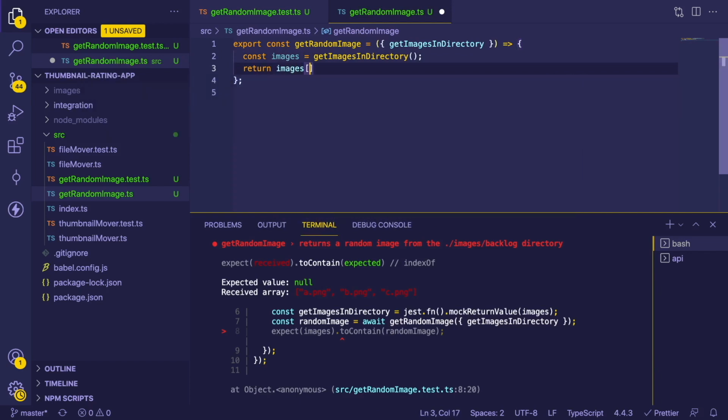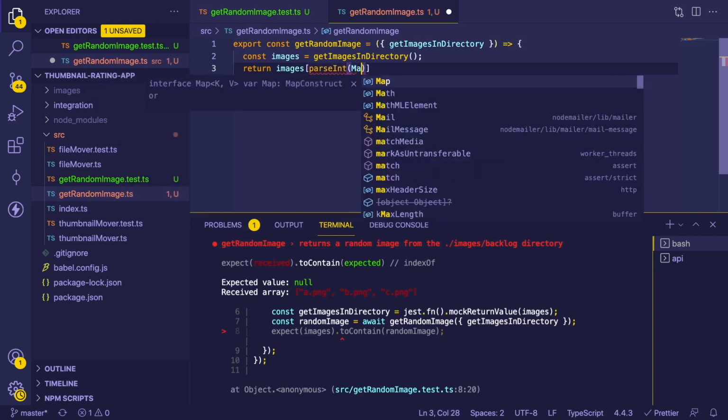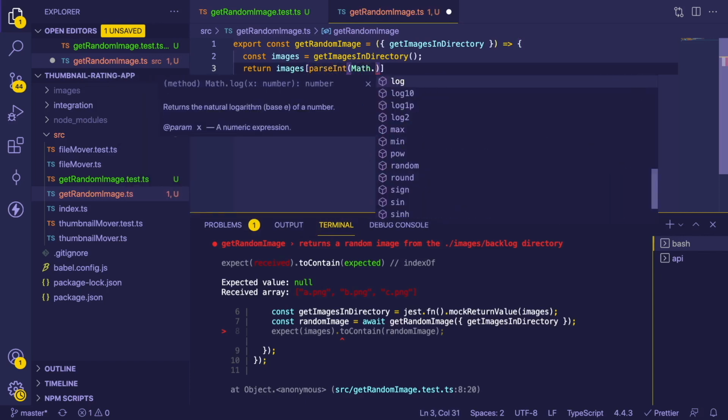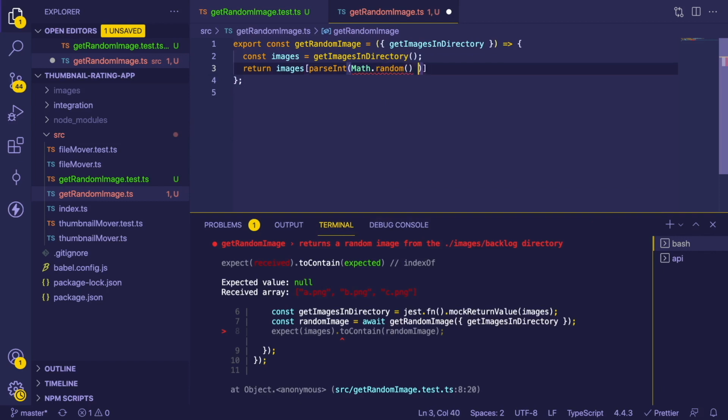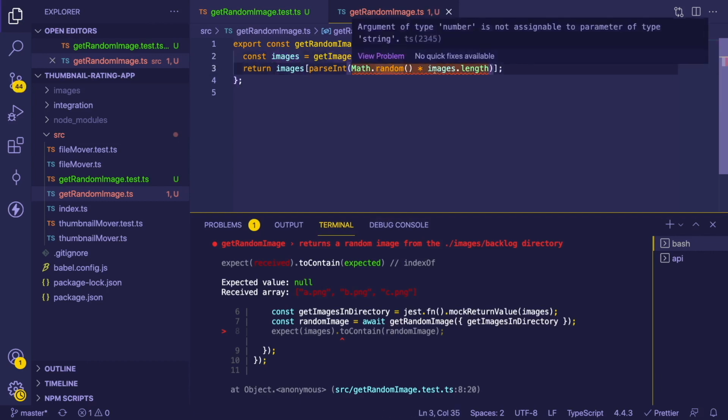So I'm going to say images of index, parseInt, Math.pow, or sorry, Math.random. I don't know why I'm saying pow. And then I'm going to times that by images.length. So that'll give us a random image from an array, or random element in an array. And that should hopefully